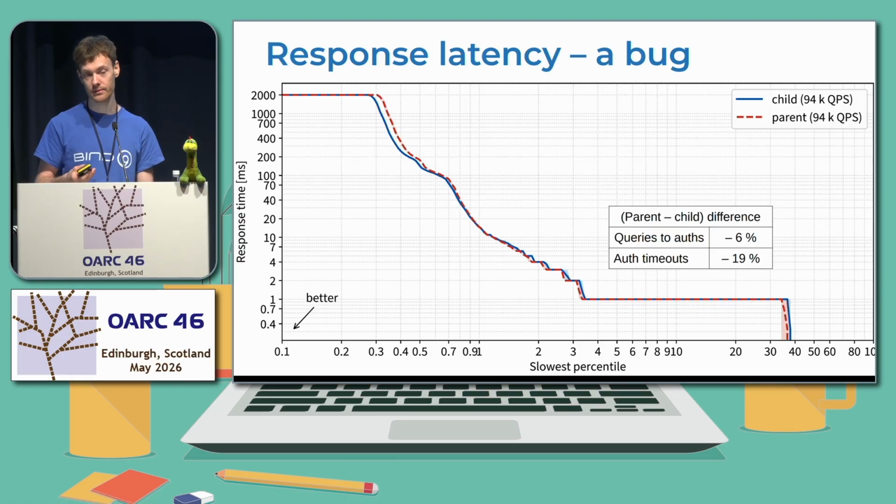At the same time, this doesn't make any sense at all, because the metrics from the resolver say that the parent-centric resolver sends 6% less queries to authoritatives, and the parent-centric resolver experiences 19% less timeouts while doing so. So how the heck can it be slower, I don't know. Again, we know that this is probably a bug in the code base. We will be digging into that when we have time, which is not now or in the next months.